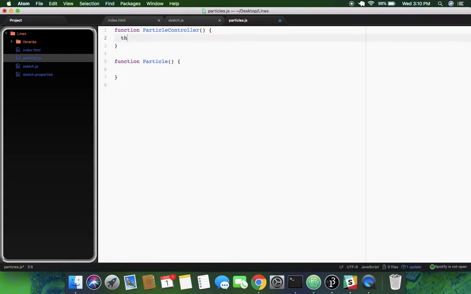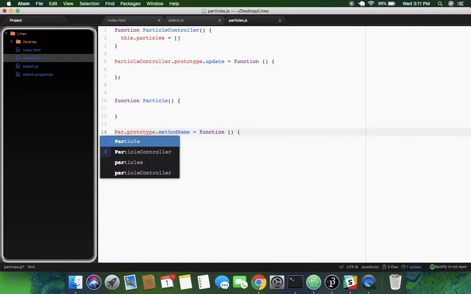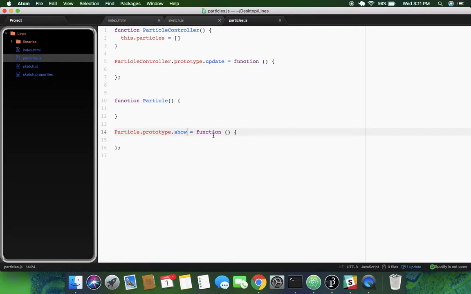And our particle controller needs an array with all of its particles. And then for now we'll just add the empty functions. So we need an update. I think we just need an update, so that's it for now. But then for our particles we need a show method,